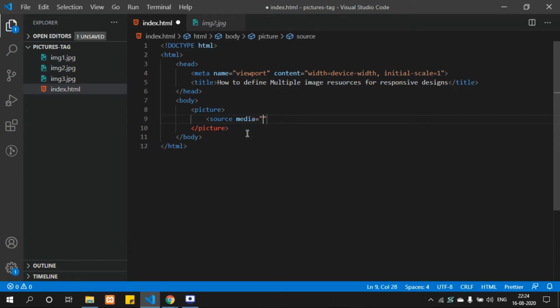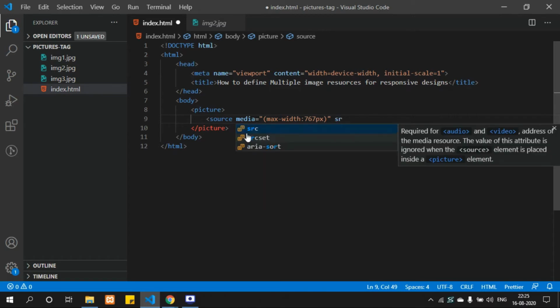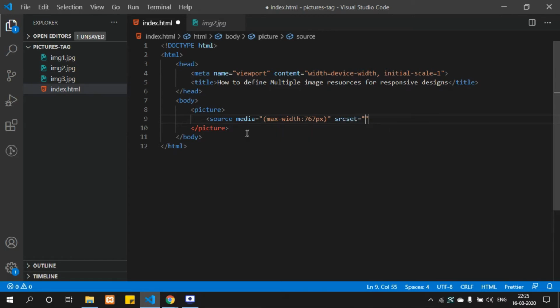Alright, the srcset attribute sets the image URL. You can write the image URL here, and as you can see my images are in the root folder, so I can write this.